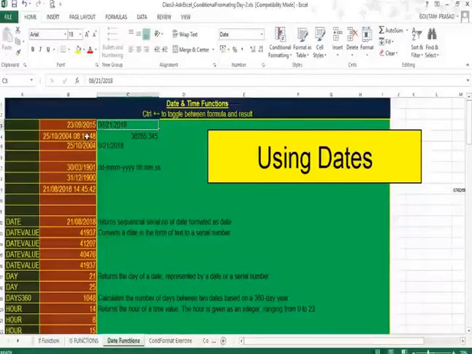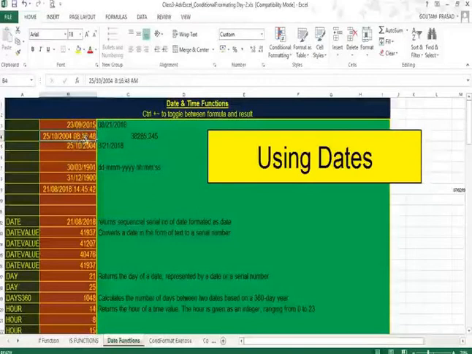Now let's consider this date. In this date format, you can see the date and the time are appearing together. Now this is a kind of format used in MS Excel. But in the below cell, you can see the date part is appearing here, but the time part is not appearing, as seen in the formula bar.